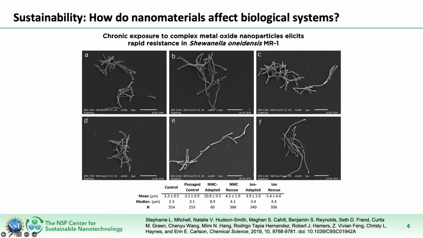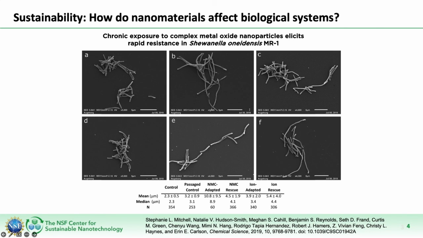The story goes even deeper. What happens to the bacteria that aren't killed off by a nanomaterial that has some toxic properties? As you heard earlier, sometimes we want nanoparticles to kill bacteria, like when they're used in fabrics or hospitals to prevent infection. So it turns out that some bacteria can become resistant to nanoparticle toxicity, and another area of research in the CSN is trying to understand how this resistance works.